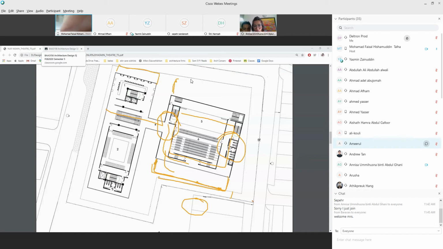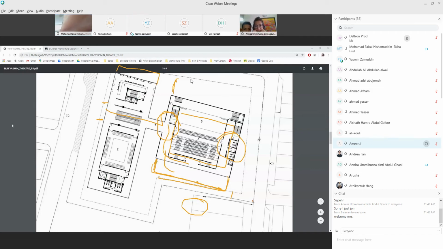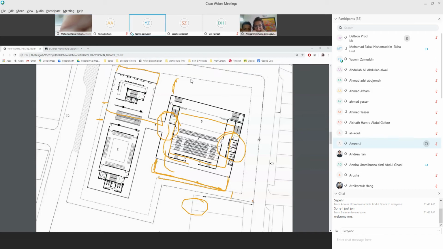I just thought that I couldn't cantilever too far. Wait, there's a column here, kan? Ada? Sini ke sini? There's one more above that. Kat sini. Sekejap. There's one here, I think. Somewhere here. Yeah. Should be a column here, one set. Yes. And then at here pun ada column. Ni ada column kan?